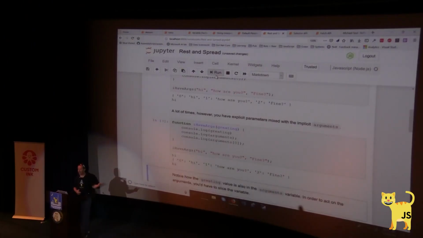So if I run that, I get hi, which is the greeting. I get the array of arguments. And then if I just want to print out the first argument, it's hi again. So I'm actually not getting the remainder there. What I'm getting is all of them. So, okay,